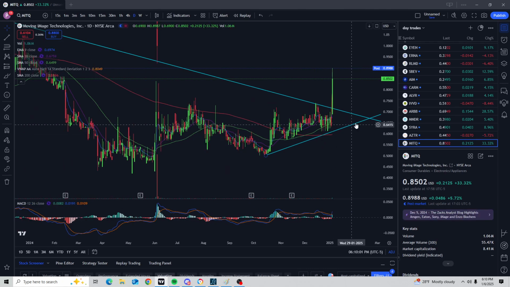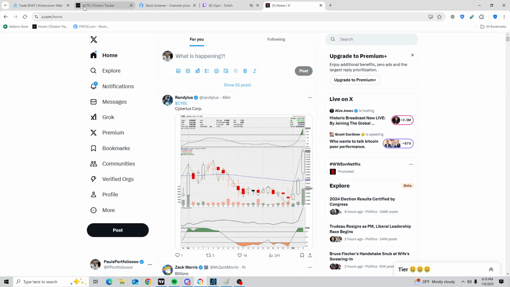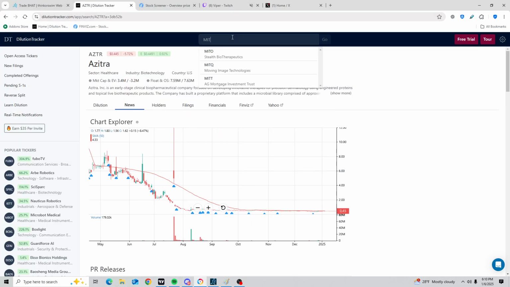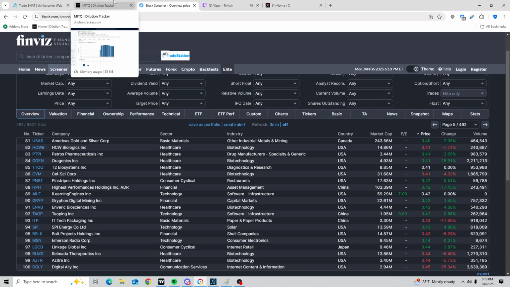MITQ. One thing: when I go through and look at charts and tickers, which I was just doing before I hopped on, I'm super picky personally about what I put out because I want a certain setup with a certain share structure. There's a difference between playing something swingable versus theme-based trades where you can be a little less strict with